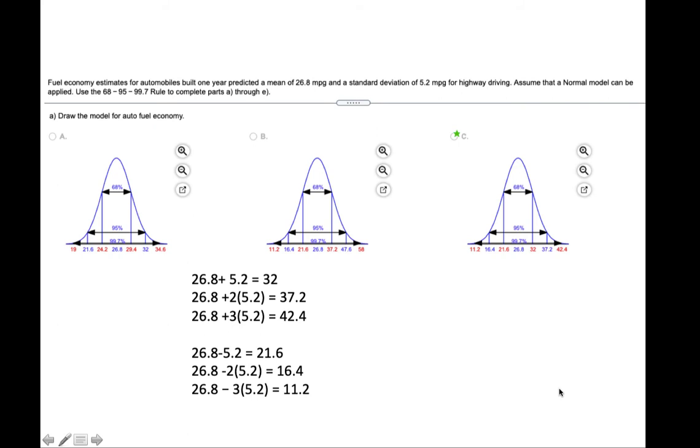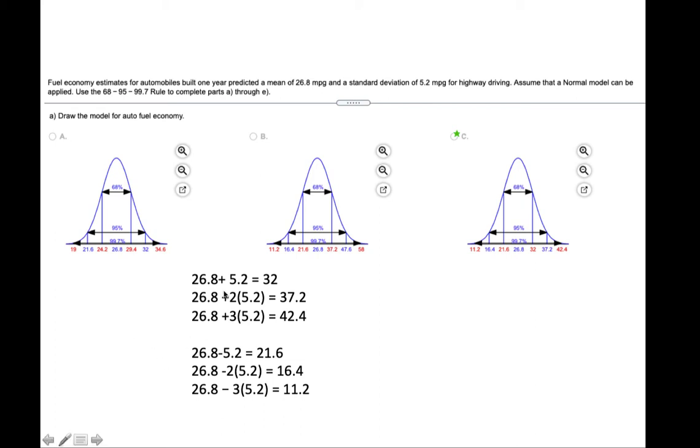So I'd like to take a look at a homework problem from my math lab. Fuel economy estimates for automobiles built one year predicted a mean of 26.8 miles per gallon and a standard deviation of 5.2 miles per gallon for highway driving. Assuming that a normal model can be applied and that the empirical rule is in place, pick the correct graph. So I did the mean